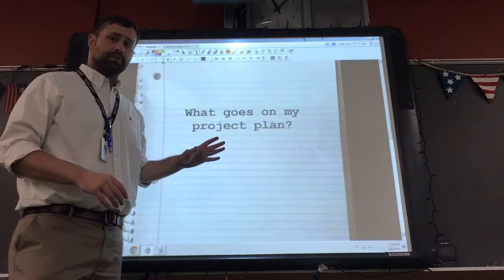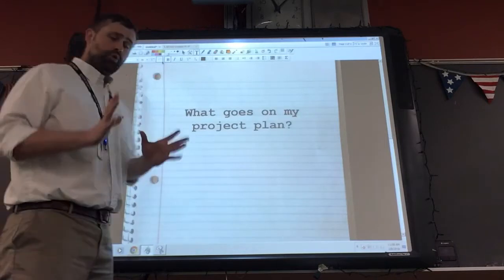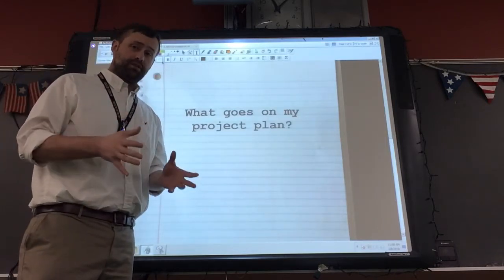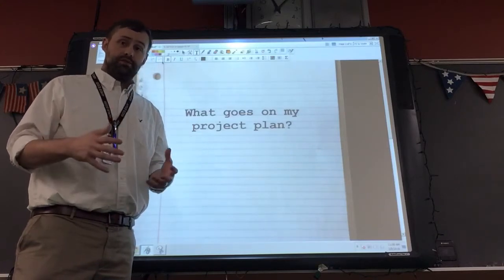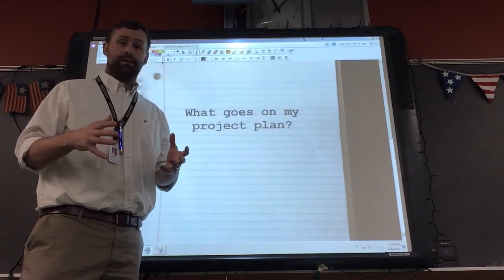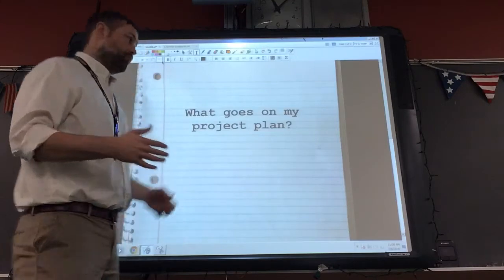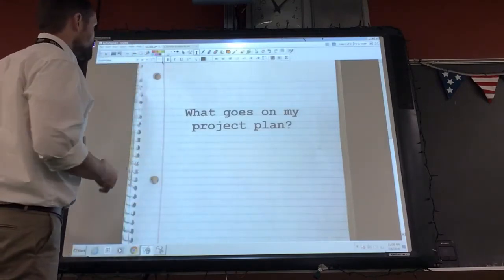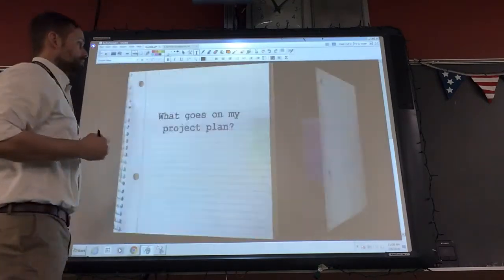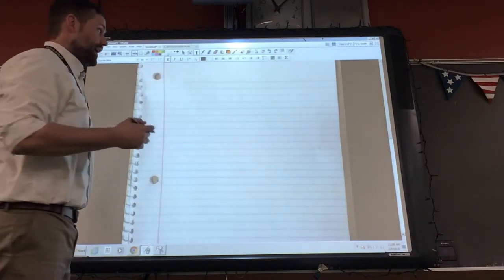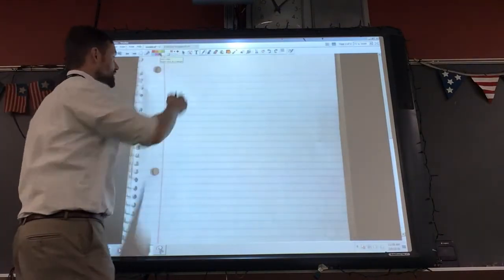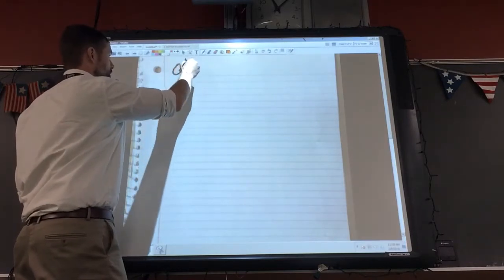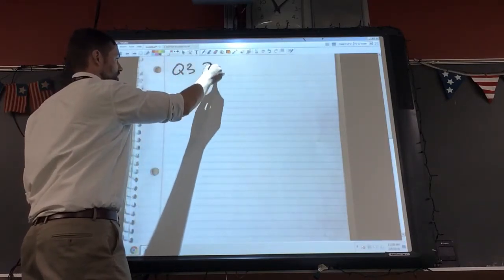So it's going to be on a piece of paper like this, and this is your way of showing me that you have given some thought to your project and you have a rough idea of what you're going to do, so that you're not making it up the night before it's due in a couple weeks. So you'll start with a piece of paper, and at the top, you just need to put your Q3 project